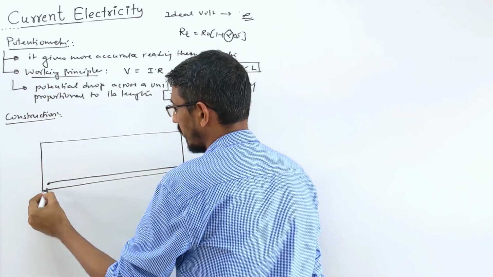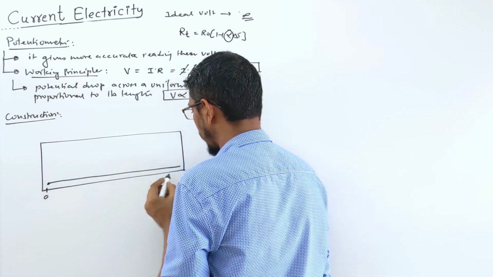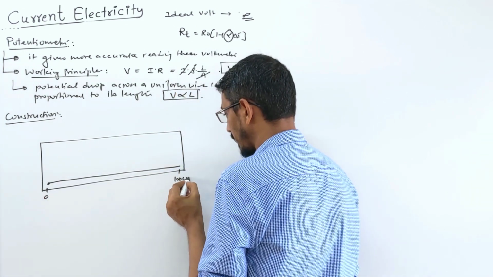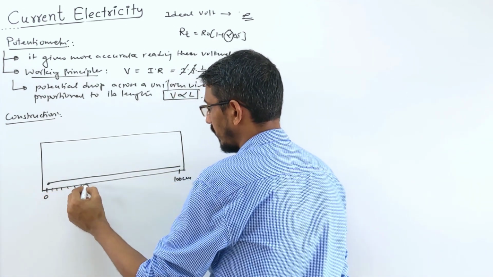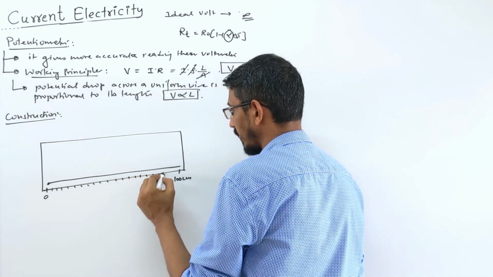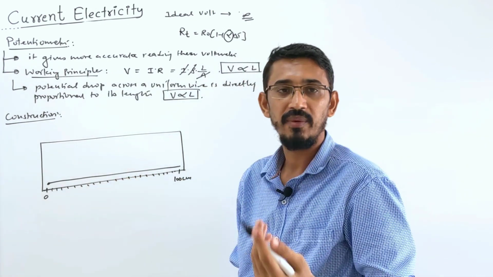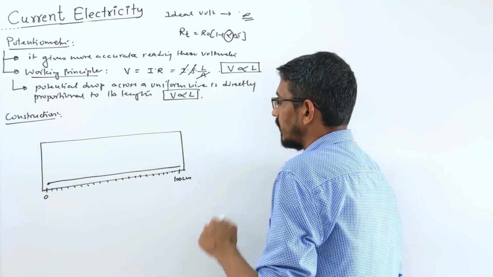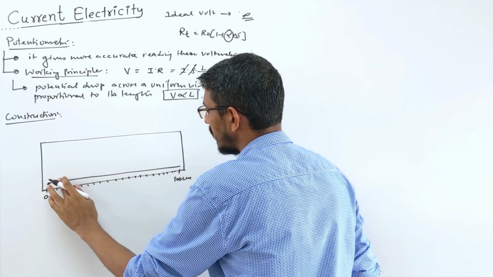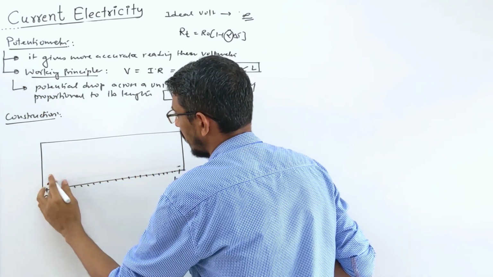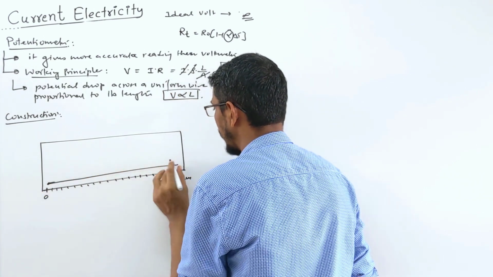So there is a scale here, look here again, starting from 0 centimeter and goes to 100 centimeter, okay. There is a scale just down here to read your readings, because here also you have to balance with the help of a galvanometer, right. Generally this is a long wire, not just 1 meter, maybe 5 meter, 10 meter. 10 meter is generally common.